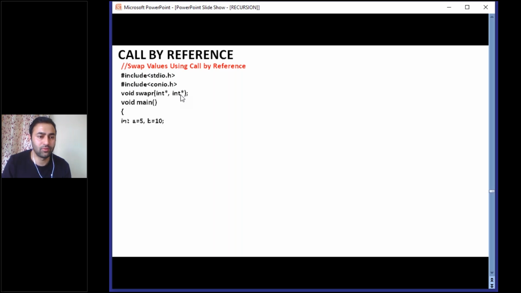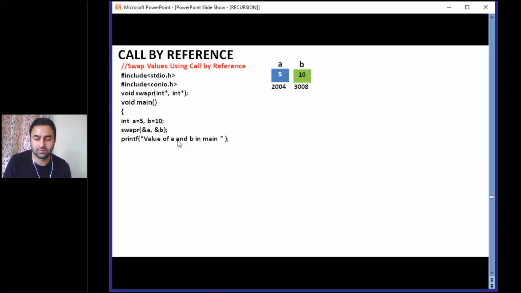Now this is the void main program starting here. This is again the value of a is 5, b is 10. Okay, similar to the previous program. Now here you have called the function using call by reference. See, here you have called swap r address of a comma address of b. In the previous program, call by value, you have written swap a comma b, that is call by value, and this statement is call by reference, because you are calling the function using references. What is here? Reference of a, address of a, and this is address of b. So this is call by reference now.